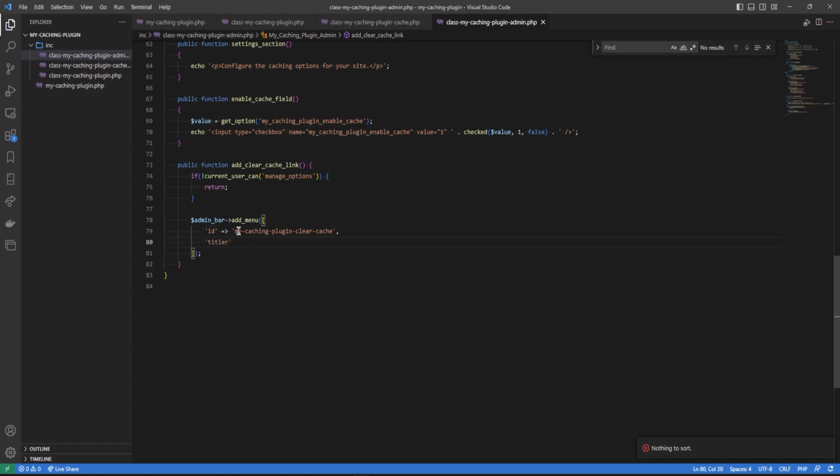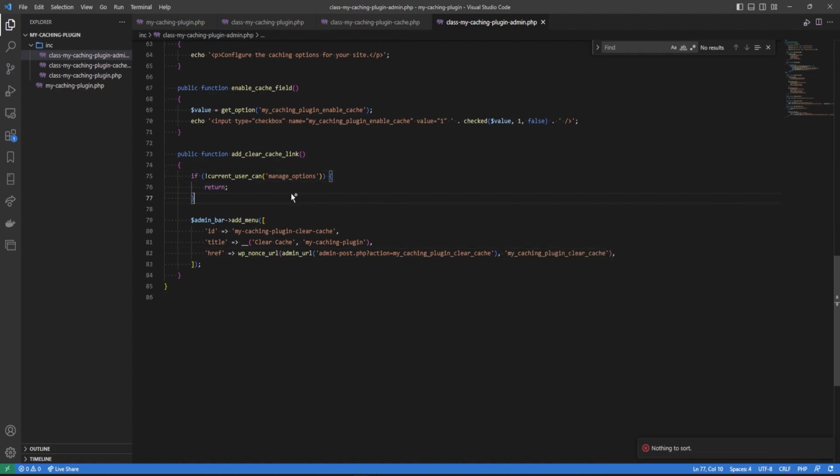The title will be clear cache in our translation domain, and the href will be wp nonce url, admin url, admin post.php?action=my caching plugin clear cache, and we will give it this nonce